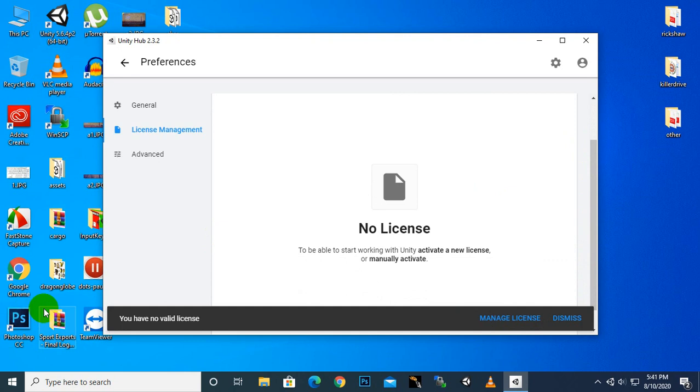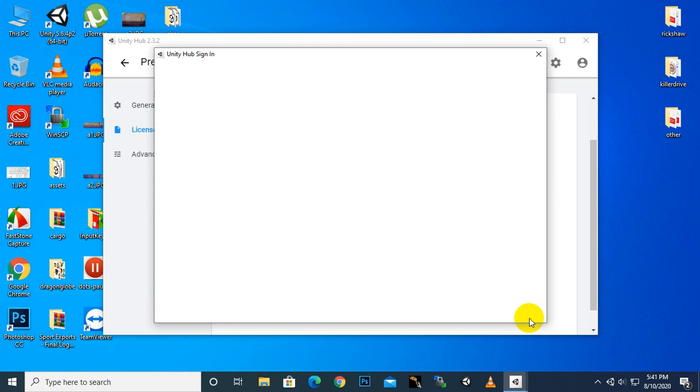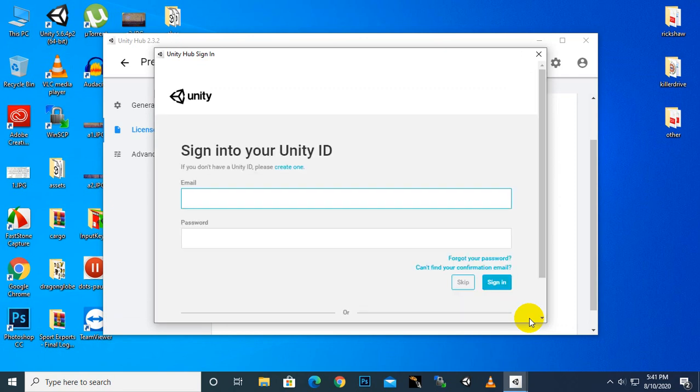you can see you have no valid license. Okay, so we can click on Manage License, and it says that you need to be logged in to manage your license. So we will log in. You should have a Unity account on the Unity website by signing up. If not, you can click here and create a new one. I already have one, so I will